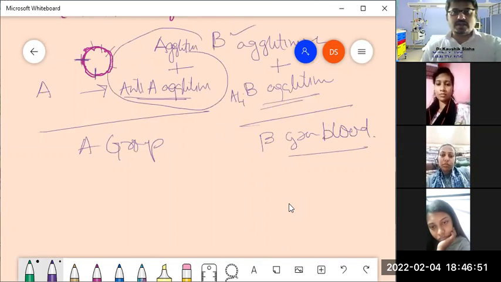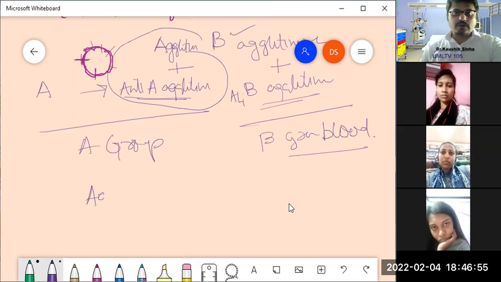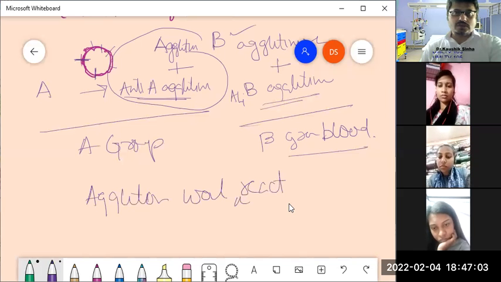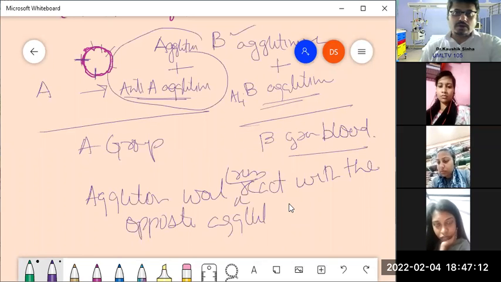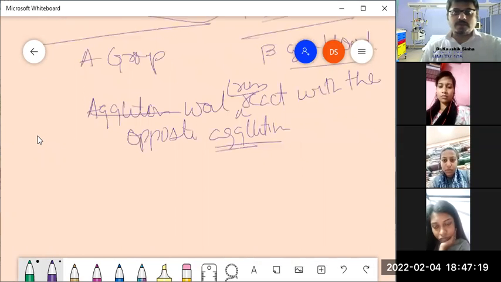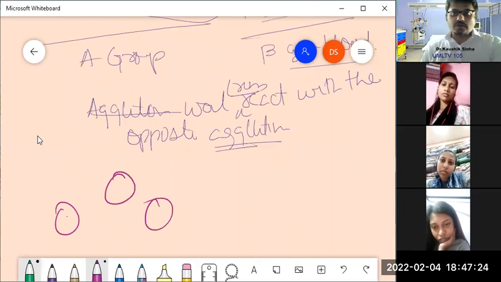The result is that agglutinogen would cross react with the opposite agglutinin. এদের মধ্যে একটা ক্রস রিঅ্যাকশন হবে। তার মানেটা গিয়ে কি দাঁড়াচ্ছে? ধরা যাক আমি যে ব্লাডটা দিয়েছি সেটা A, সুতরাং আমার যে আরবিসিস গুলো এখানে সব রয়েছে এগুলো সবই A আরবিসিস রয়েছে।